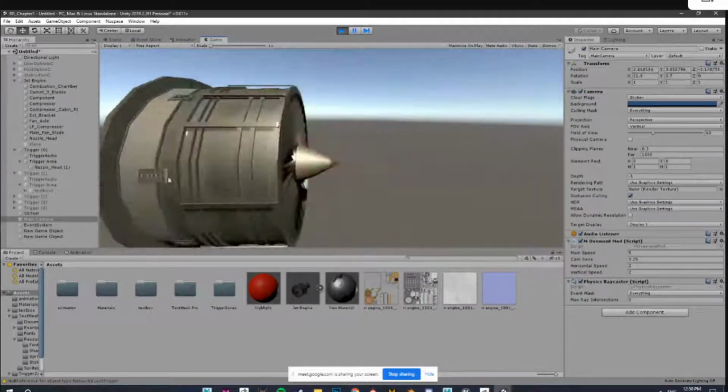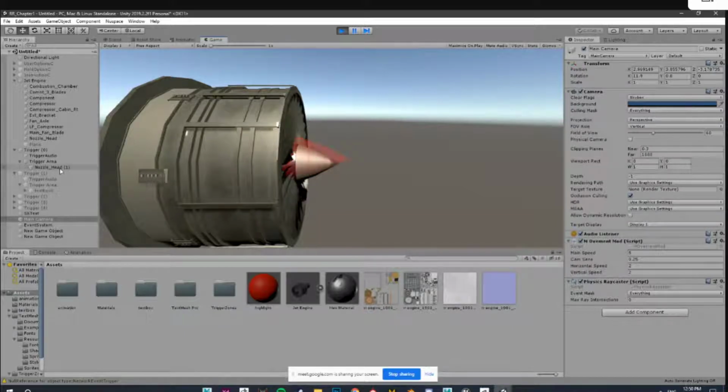Sometimes what happens is, if we look at the main hierarchy, we have this trigger 0, and the trigger 1 and trigger 2 are hidden. Anything inside this will be hidden. Sometimes even this nozzle head, which we can see is active, is also hidden in the trigger area.